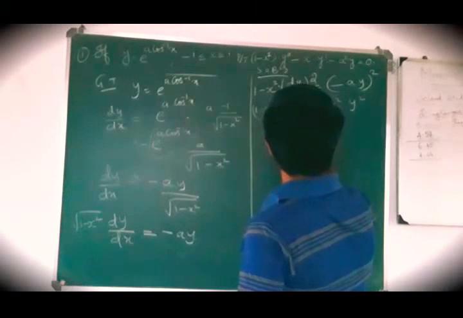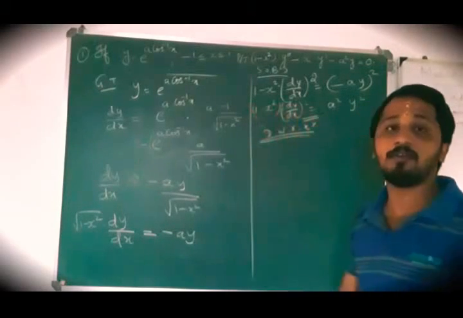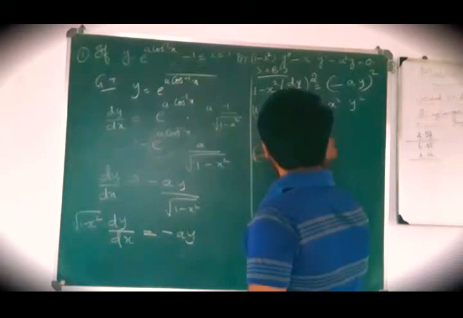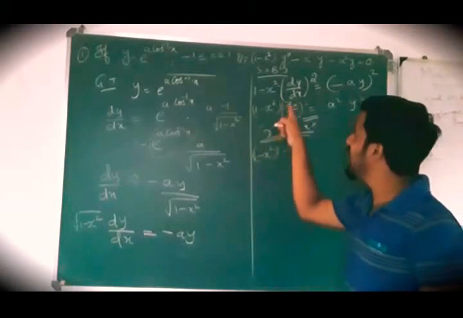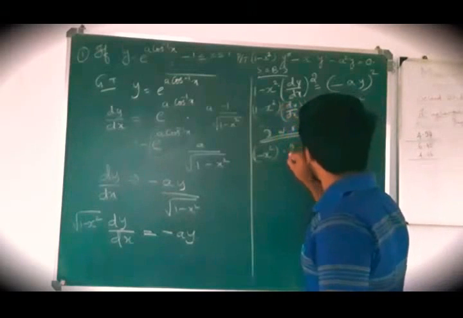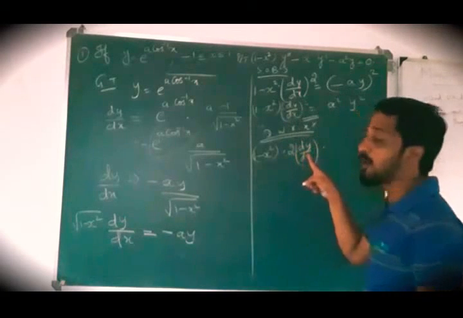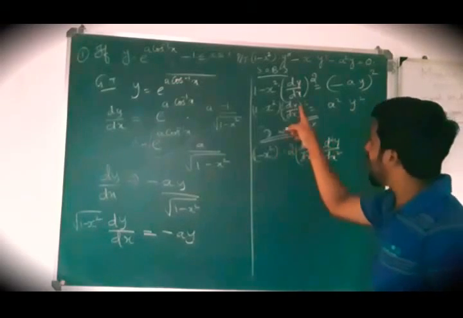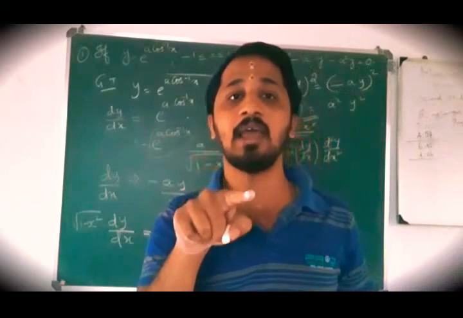Differentiating with respect to x, here you will get, this is two functions, so we have to use the product rule. So first function into derivative of second function. Here the derivative term is dy by dx. I have to differentiate dy by dx squared, that means x to the power n gives n into x to the power n minus 1. So 2 into dy by dx into the derivative of dy by dx, that is nothing but d square y by dx square. Yes or no? Here, in place of x power 2, in place of x I have dy by dx.